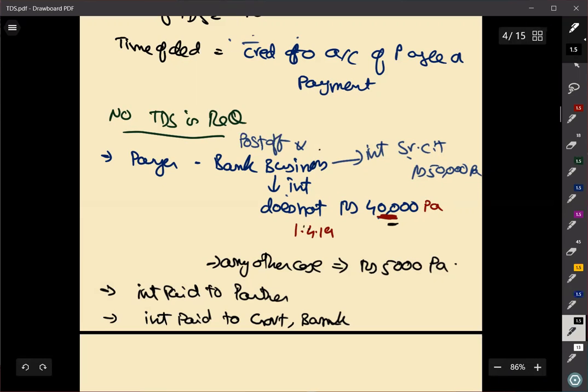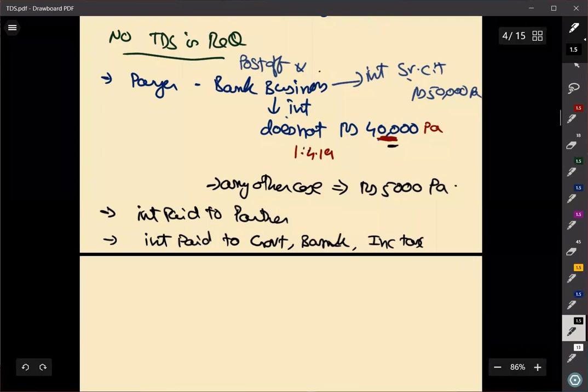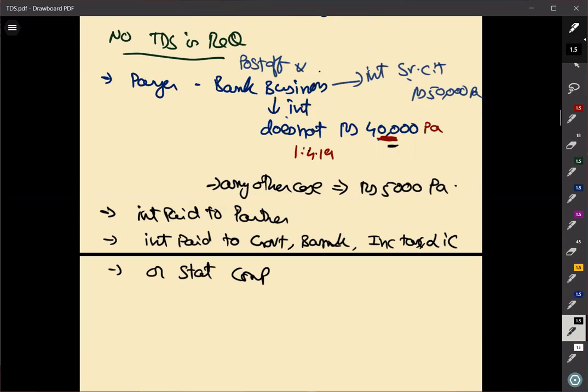But when we make a payment to government or bank or income tax department, so whenever you are making any sort of payment, even an interest payment to the income tax department, then also there is no need to deduct any sort of TDS. Whenever any sort of interest is payable to LIC or any statutory companies, even then the requirement of TDS will not be there. So these are the cases where, and finally the last one, income